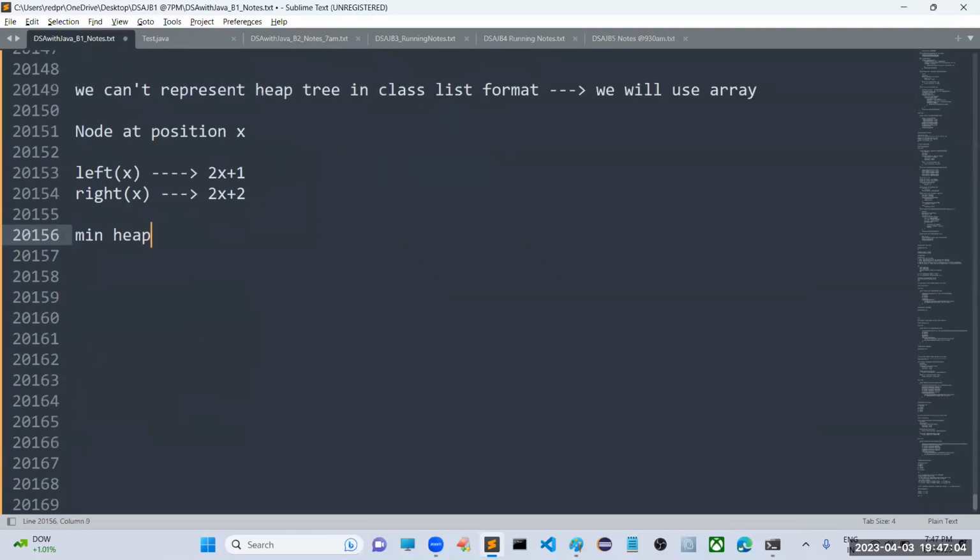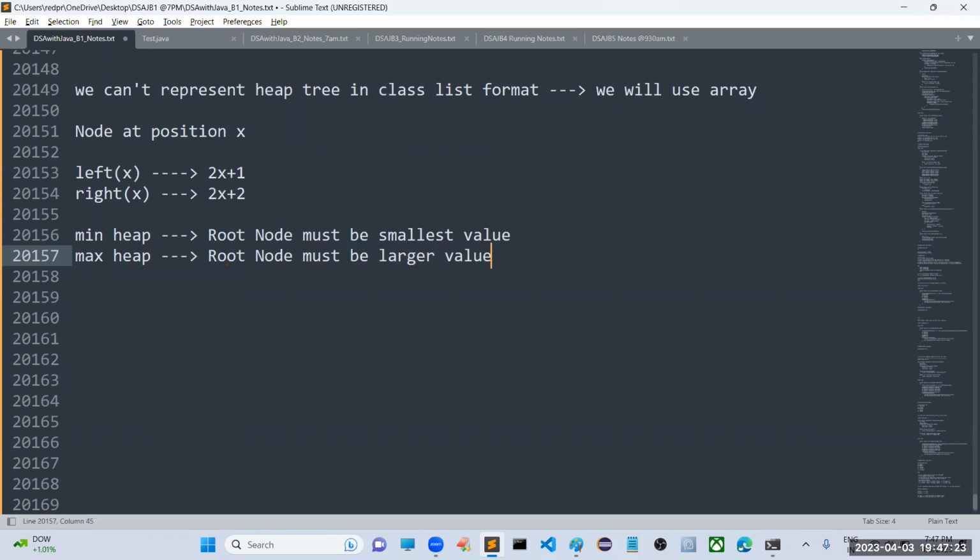I don't want to explain. In the min heap, the root node must be the smallest value, sir. And in the case of max heap, the root node must be the larger value, that is the maximum value. Now sir, I'm going to talk about